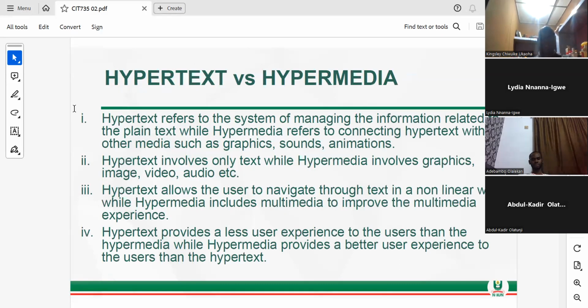Hypertext versus hypermedia. Let's see whether we can have some distinction. Hypertext refers to the system of managing the information related to plain text, while hypermedia refers to connecting hypertext with other media, such as graphics, sounds, and animation. So sometimes when you have hypertext, you can manage it, it is plain text, but you now format the plain text to become hypertext. But when this hypertext is now going to connect with